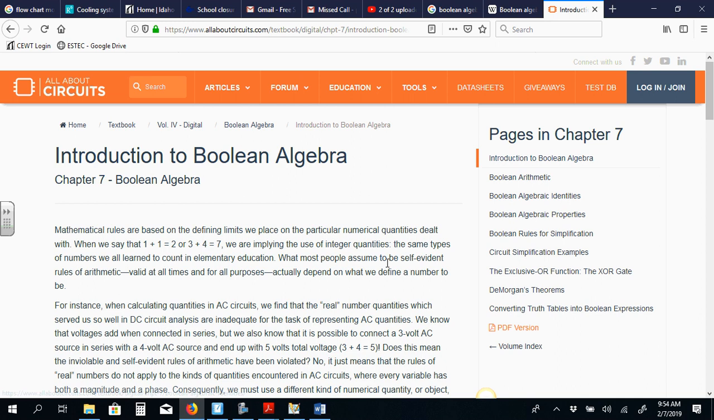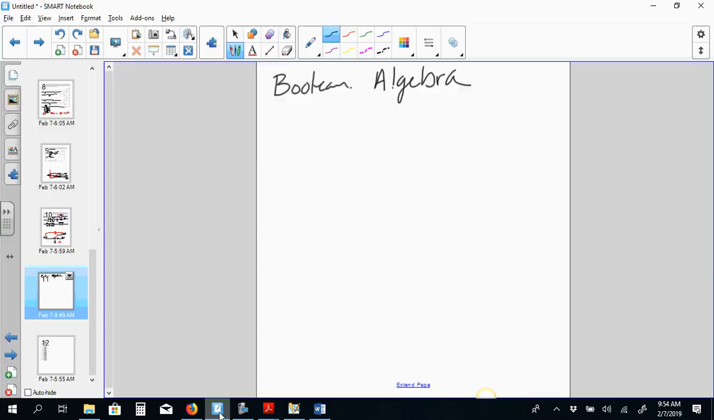So it's not so much different than regular algebra. When we look at Boolean algebra, if I told you that I have a 1 times 0, I'm going to equal 0, right? Well, if I drew this in a logic circuit,